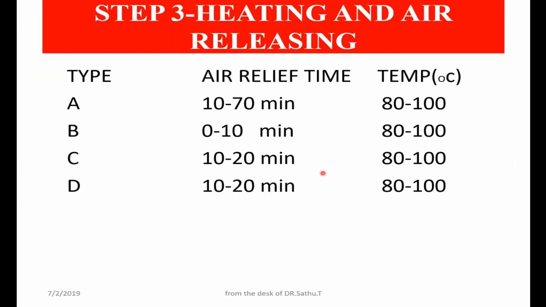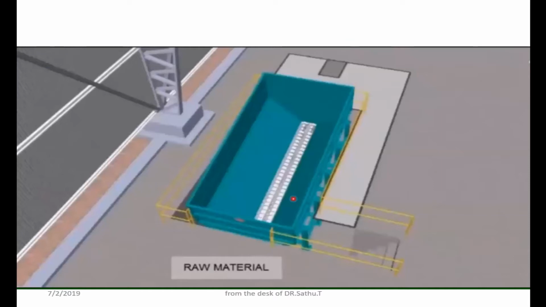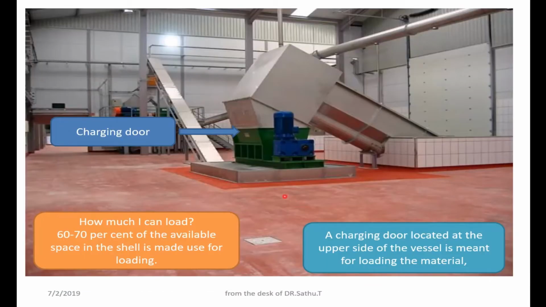One thing that we have to take care of during the charging process is that the discharge door, which I explained in the last class, should be closed before charging the dry melter, and you should start the agitator before charging the operation. We have to start the agitator also, which we already discussed in the last lecture.